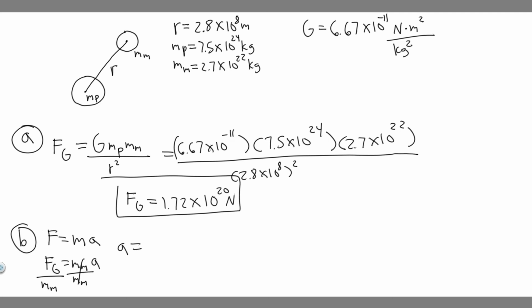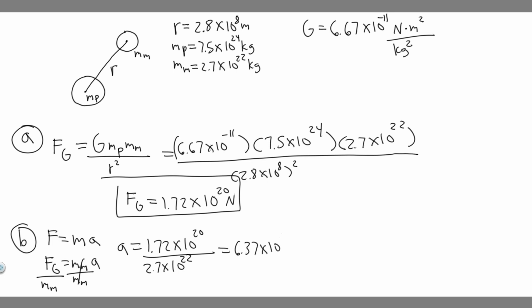So a is going to be equal to the force, so 1.72 times 10 to the 20 newtons, and then you're dividing by the mass of the moon, which is 2.7 times 10 to the 22 kilograms. So if you go ahead and do this, 1.72 times 10 to the 20, divided by 2.7 times 10 to the 22, you're going to get 6.37